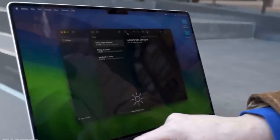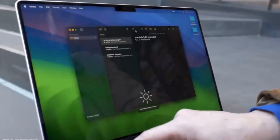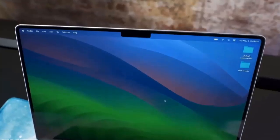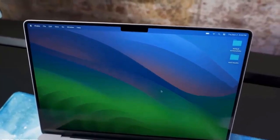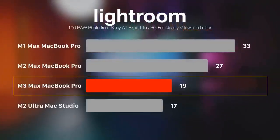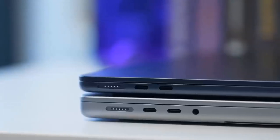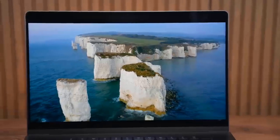The max brightness now increases from 500 nits to 600 nits. That's mostly important. They still have the notch though, which doesn't bother me as much. So the M1 Max MacBook Pro finished this in 33 seconds, which is fantastic. M2 Max MacBook Pro finished it in 27 seconds, which is